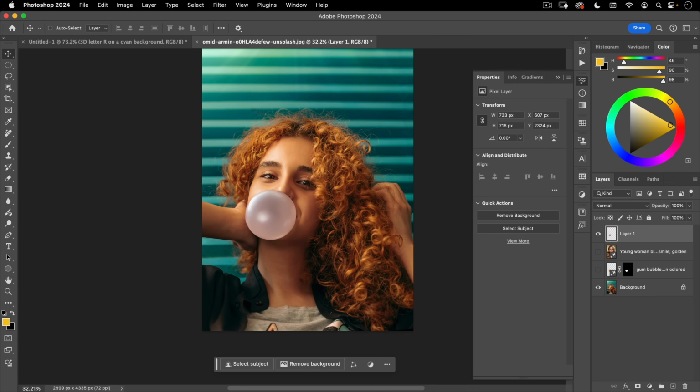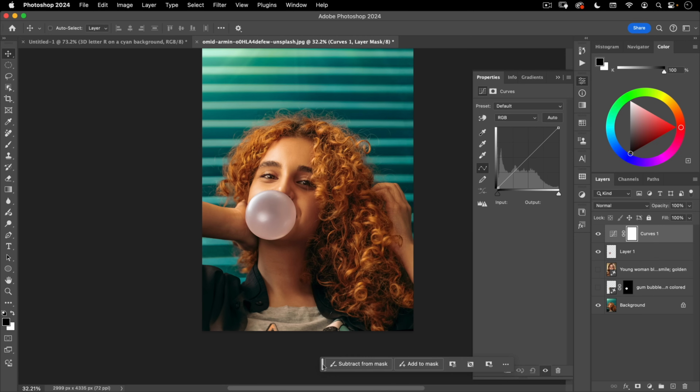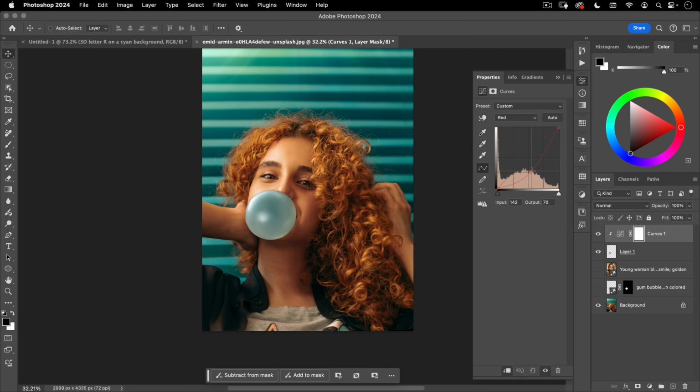And then just to make it match up with this image better, what I'm going to do is add a curve to it, clip that curve to just this layer, and then add some cyan with my red curve. And then maybe also just add a little more darkness to it. And should also probably be a little more darkness on this side. So to do that, I can add one more curve layer to it, clip this, make it darker, and then